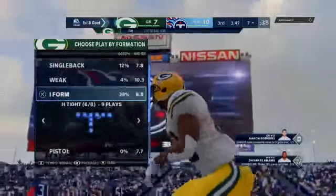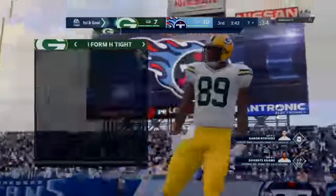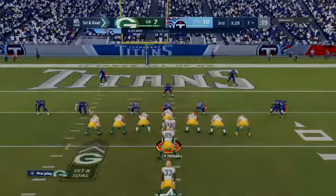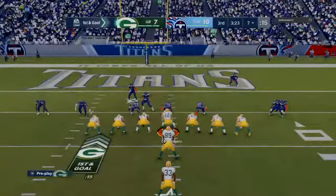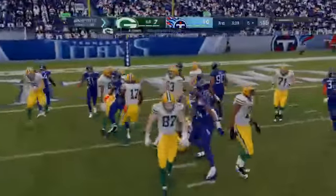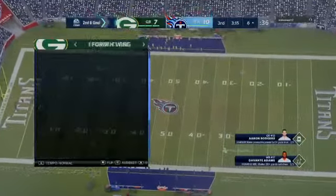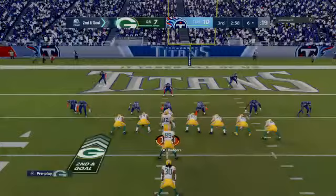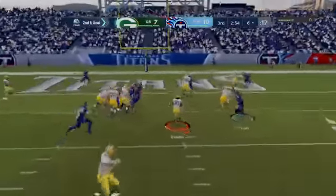Oftentimes now offenses aren't nearly as precise as days gone by. They just have receivers find an open patch of grass and let the quarterback find you. And that's exactly what they did on that play. First with the pass through the air, nice chunk of yardage there, and then additional pickup with his legs after the catch. And he'll be stopped just outside the 5 at the 6. It's a gain of a yard, and it'll set up 2nd and goal. Be interesting to see now what they do offensively down near the goal line after not much there that time. As the offensive play caller, that may change your...